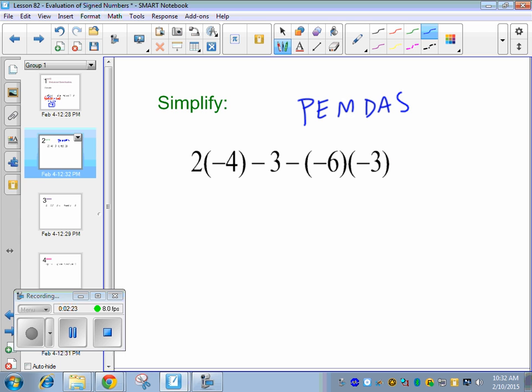Okay. Multiply, and there's actually 2 things where we can multiply, so we can do that step at the same time. Which one did you just say, Harper? I didn't hear. Yep, we need to multiply this one, and which other one means multiply? Harrison? 2 and 4. Yeah, 2 and -4. Okay, so Aaron, what's 2 times -4? Good. Okay, then we have a -3, and then I have a minus sign from the problem,